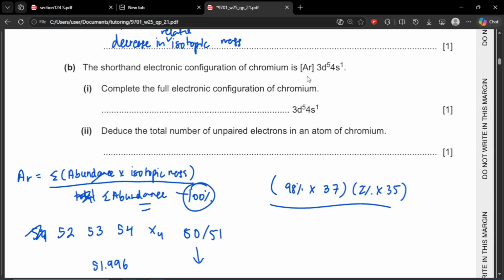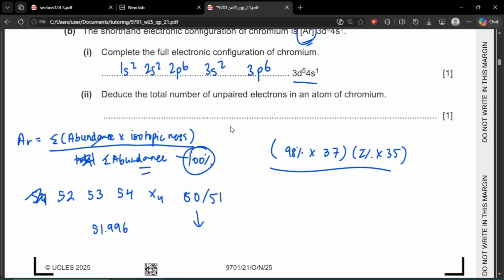I mean, they already gave you the answer. If you memorize this, it becomes very simple, which is 1s2, 2s2, 2p6, 3s2, 3p6. Now, we end here because they already gave us 3d5, which is basically the next orbital that you have to occupy. Anyways, the next question is deduce the total number of unpaired electrons in an atom